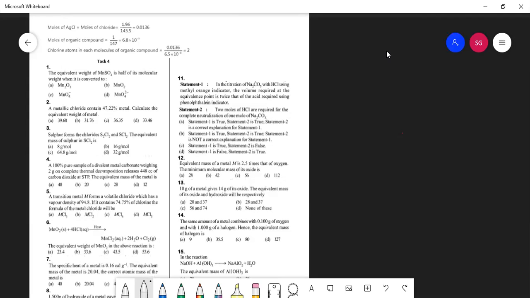Before that, Pranjal, can you tell me how to find equivalent weight? Because normally I told you 3 steps. Out of that, the first step was equivalent weight. How to find equivalent weight, Pranjal? Molecular weight upon factor X. Very good. Molecular weight upon factor X. Now read the question carefully. If I read, the equivalent weight of MnSO4 is half. So when this equivalent weight will be half, Pranjal, in this formula?